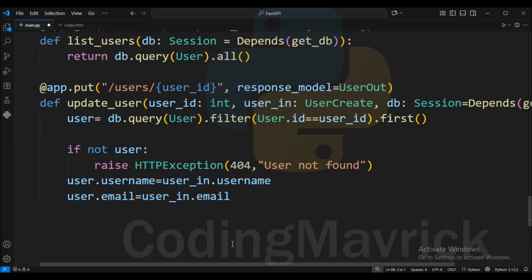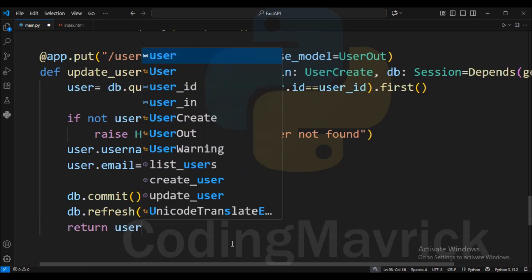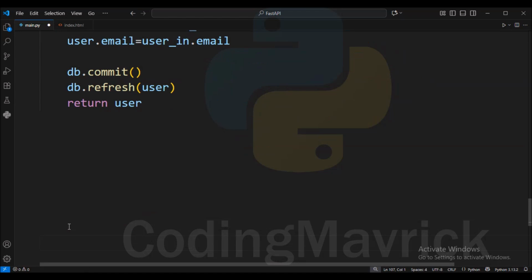When the ORM object gets the new values of username and email, it's time to commit the transaction to save changes in the database permanently. Now refresh the object so that it reflects the real database state after the changes. Return the updated user. Pydantic will serialize it according to the UserOut base model.